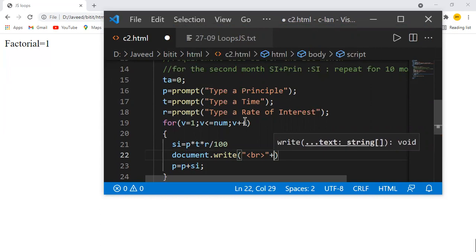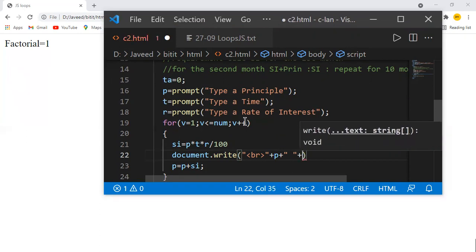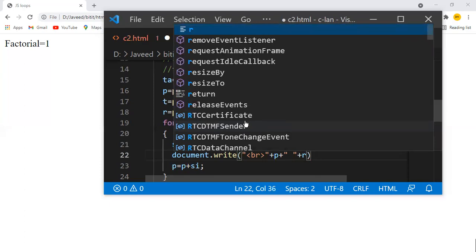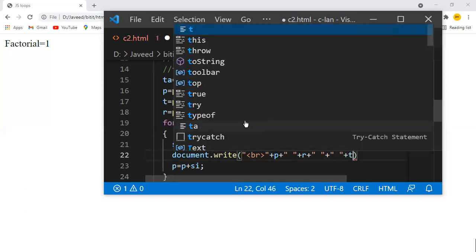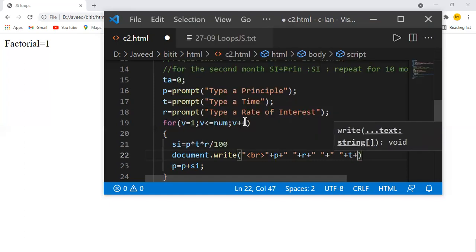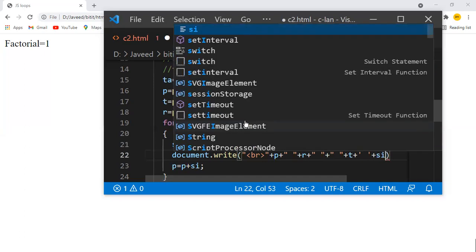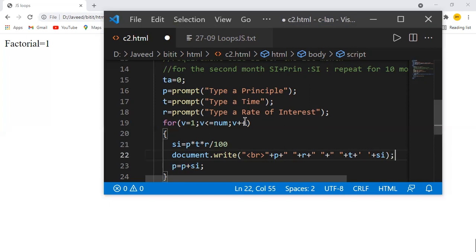Then I want to print the principal P, then a space, plus the rate value. Then a space again, then the time value. After T, one more space, and then I want to print the simple interest.